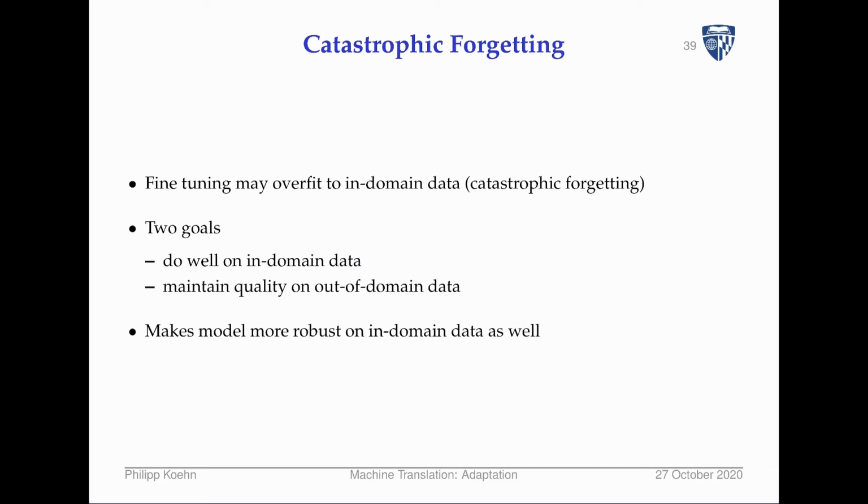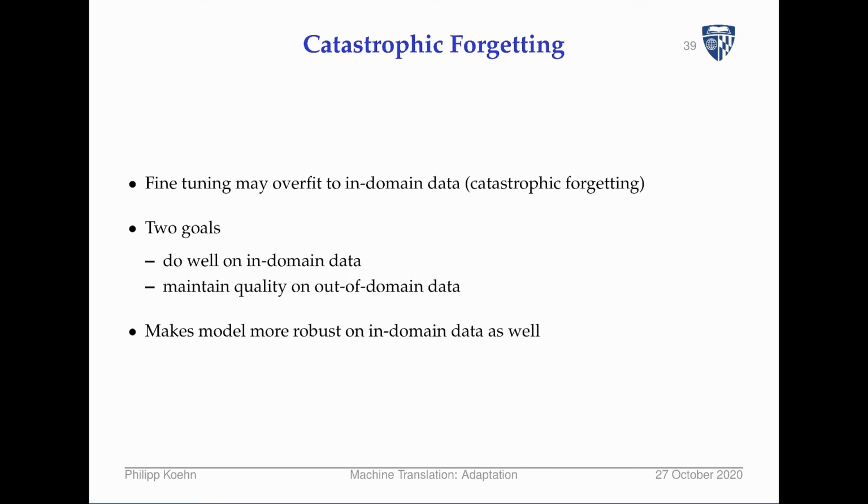One problem with that is called catastrophic forgetting. If you overdo the fine-tuning, it might overfit to the in-domain data and forget everything it's seen before. The previous training stage really acts similarly to the random initialization you do in normal machine translation training. At the beginning, you randomize all the parameter values and then start training and get good weights. Now you start with this out-of-domain model. And what stops you, if you only expose the in-domain data, from pretty much forgetting everything that was in